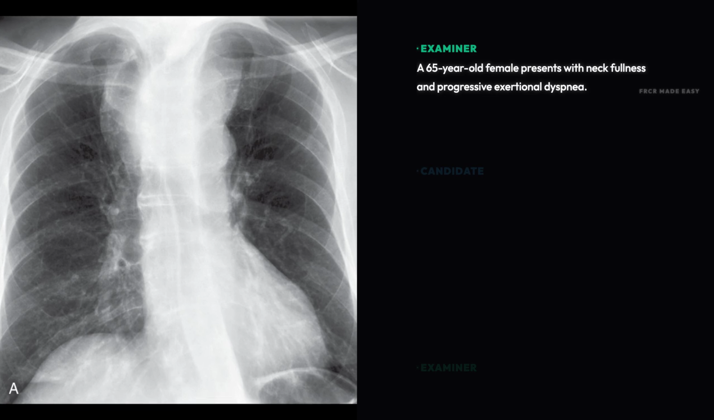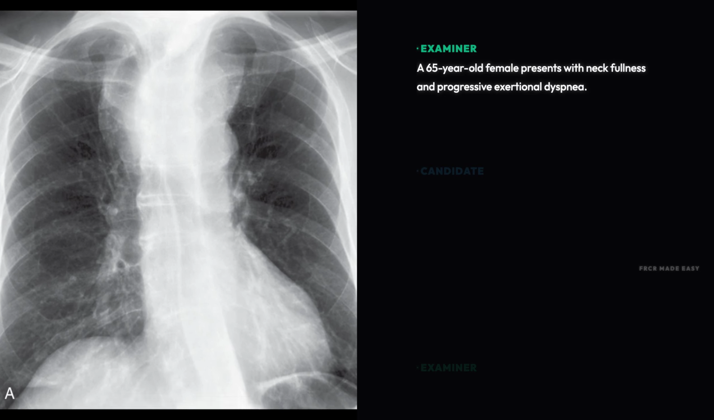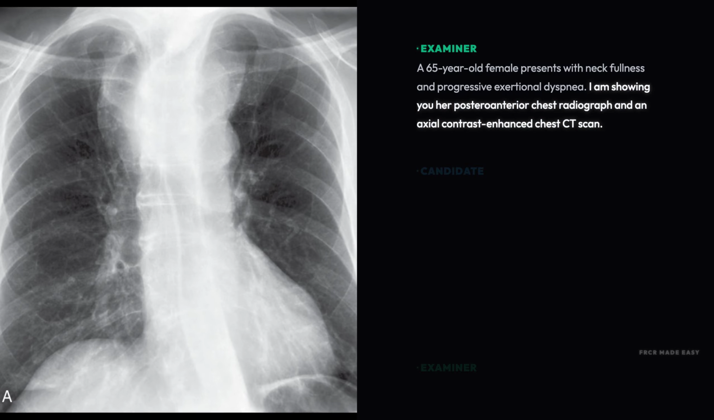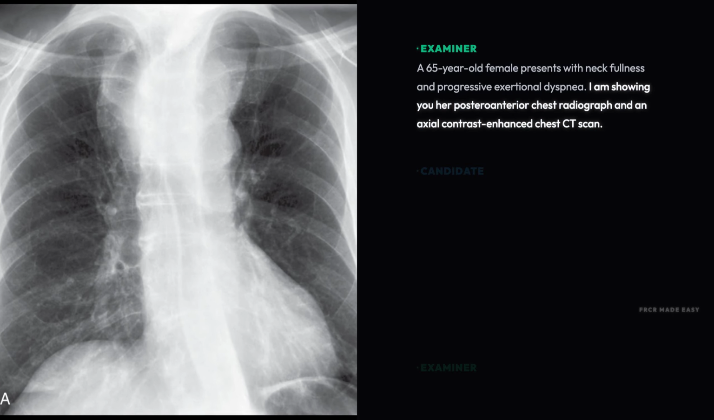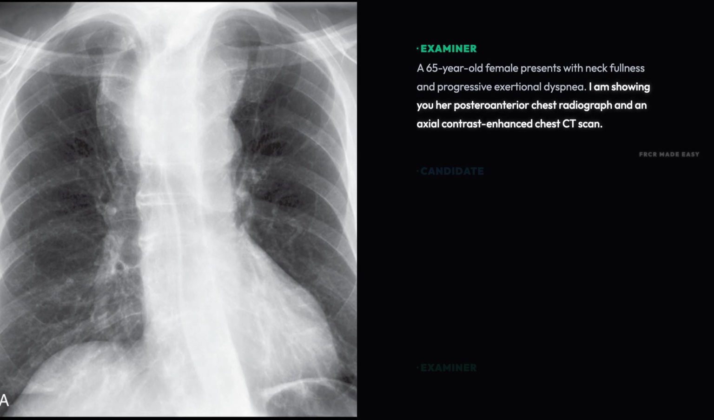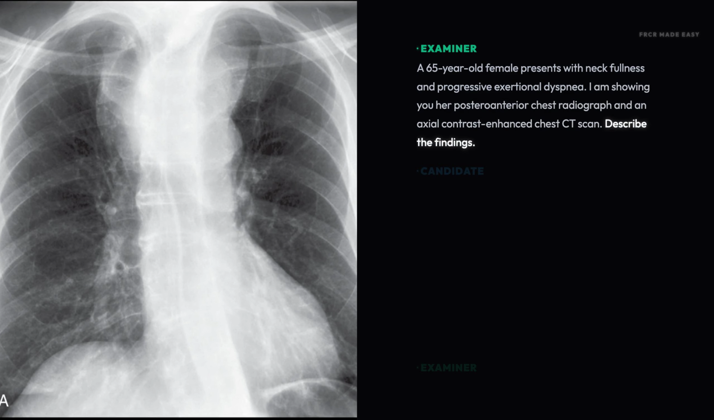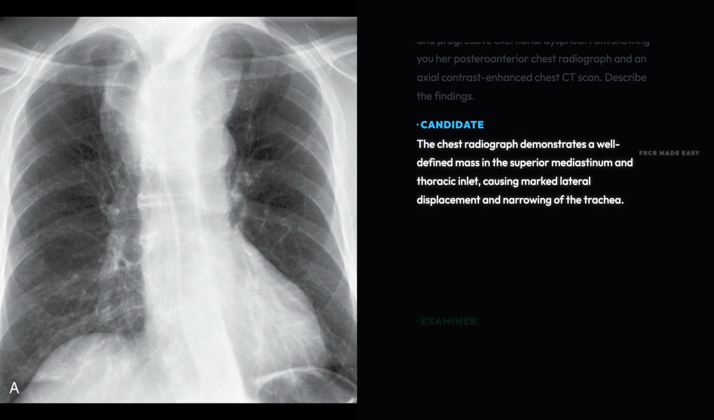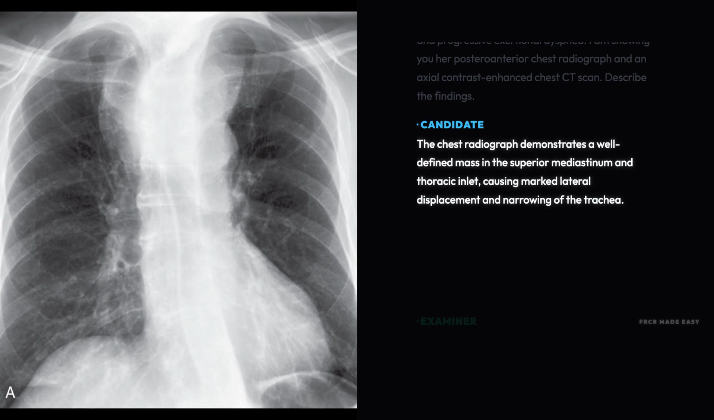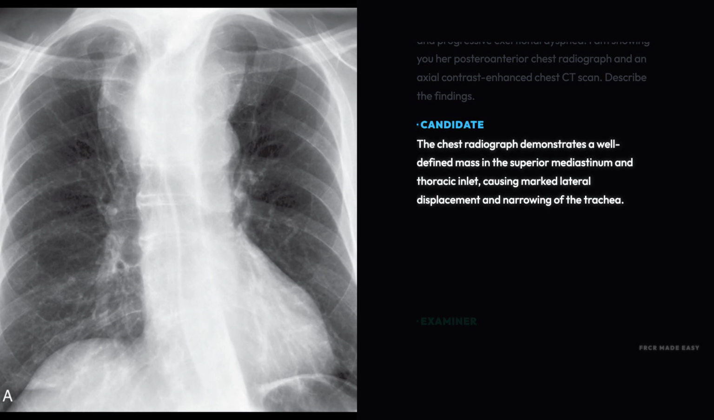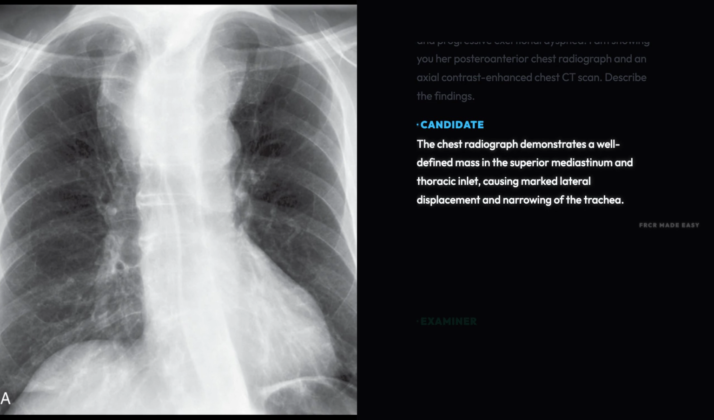A 65-year-old female presents with neck fullness and progressive exertional dyspnea. I am showing you her posteroanterior chest radiograph and an axial contrast enhanced chest computed tomography scan. Describe the findings. The chest radiograph demonstrates a well-defined mass in the superior mediastinum and thoracic inlet, causing marked lateral